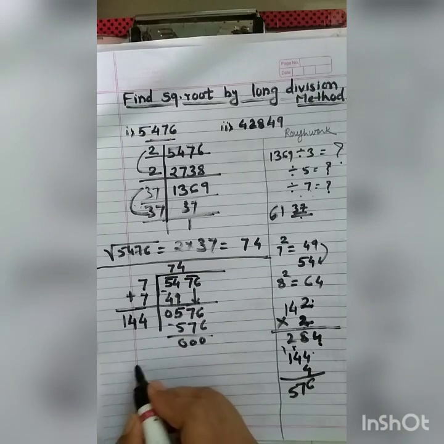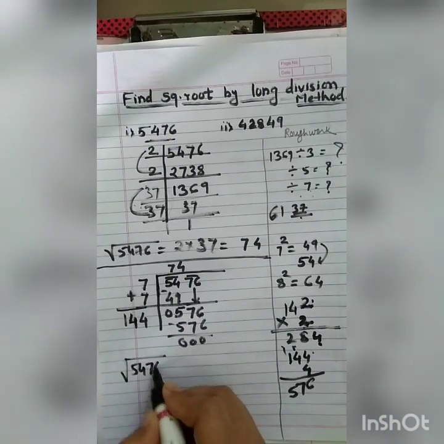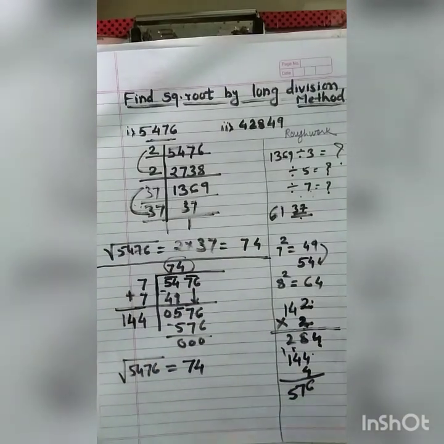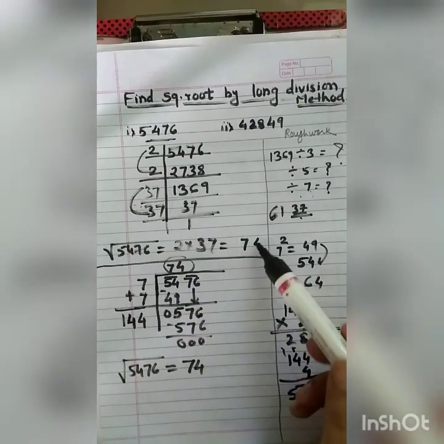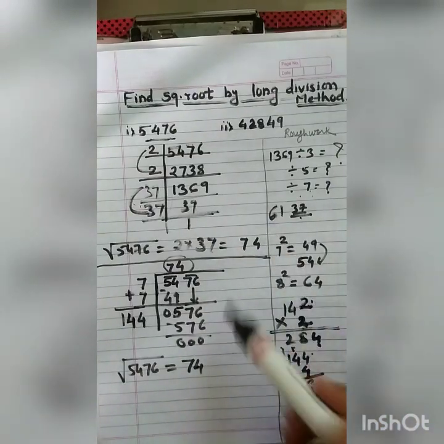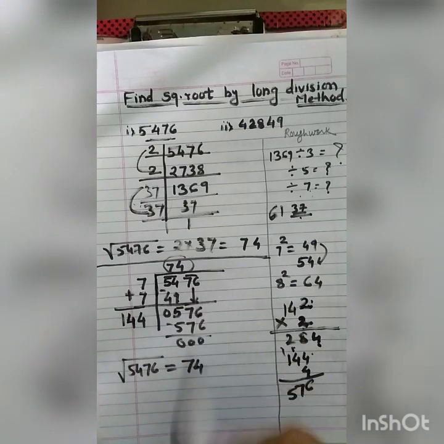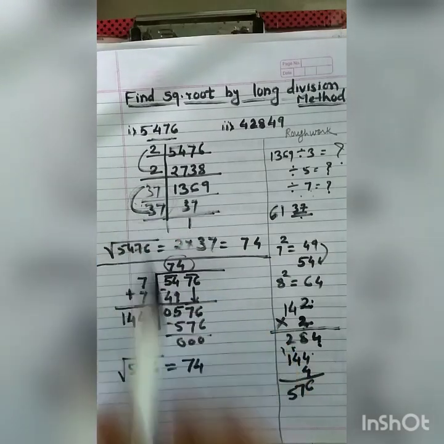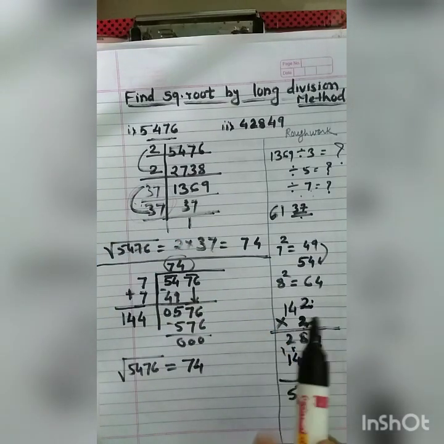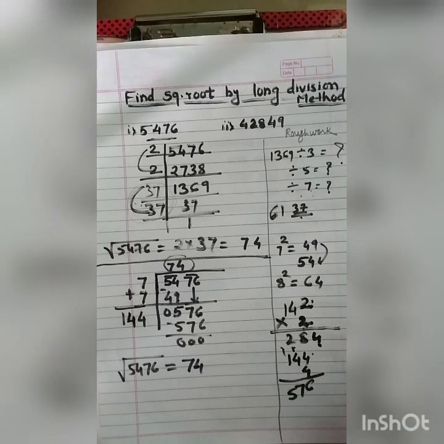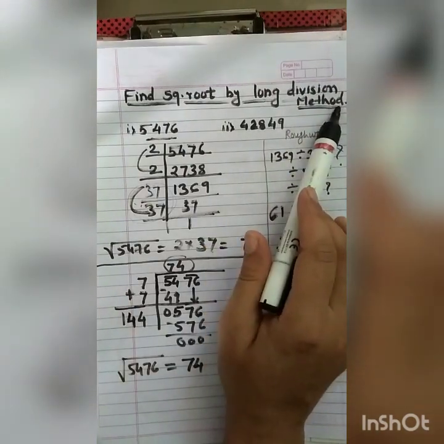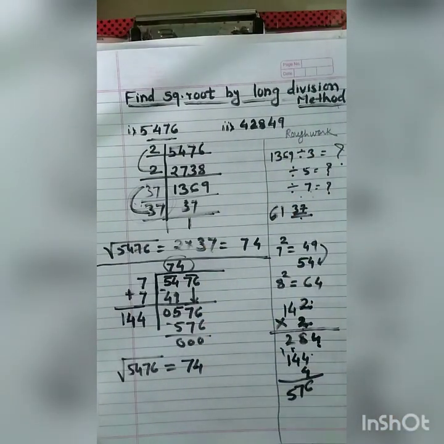So what is the square root of 5476, which is your question? The answer is 74. So by both methods you see that the answer is the same. But the convenient method is the long division method, because in prime factorization, when we have to find prime factors up to big numbers, it is time consuming, quite difficult, and a long method. So I prefer that you all go with the long division method. I will explain some 2-3 more sums to understand this method properly.